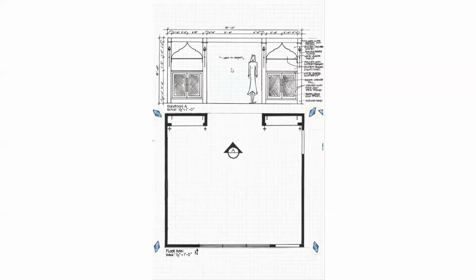You can see I also have noted that this is open to beyond, because of course it is open to a room that's located back here, but we don't want to draw all that because it can be confusing. Finally, you can see I have a scale figure here, and this is important because even though we have a scale drawn here and we know sort of how big this thing is, it can be very helpful to bring in a person so that we can see how the height and reach range of a person might interact with the size of this piece of furniture.